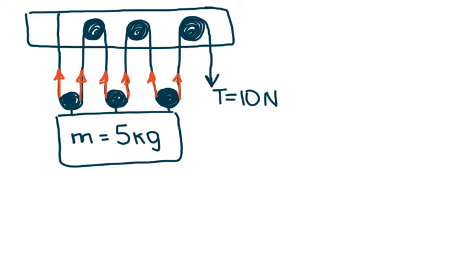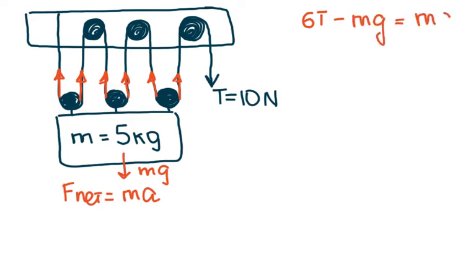So I see upward force is 1, 2, 3, 4, 5, 6 of 10 newtons. So upward I have 6 times the tension, so F net is equal to MA. And downward force I have only mg. So minus mg is equal to MA. So your net force is equal to MA. So 6 times 10, because the tension is 10, minus 5 times 10